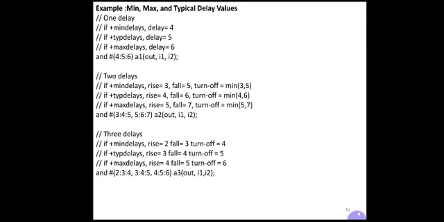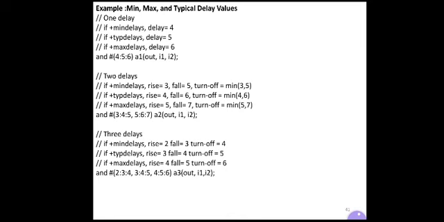Suppose you specify two delays, so observe here, followed by hash 3 colon 4 colon 5 comma 5 colon 6 colon 7. So here, first 3 colon 4 colon 5, these are the minimum, typical and maximum value, again separated by comma, then 5 colon 6 colon 7. That means the first set 3 4 5 is rise delay and the second set 5 6 7 is the fall delay. So rise delay has three different values, fall delay has three different values.